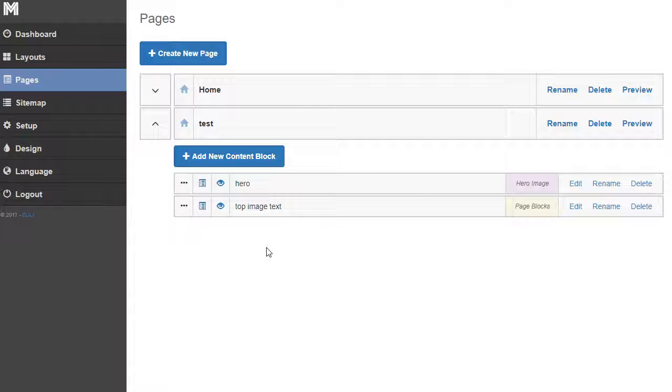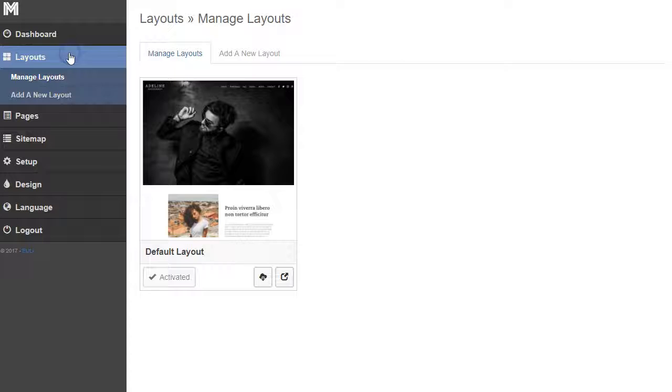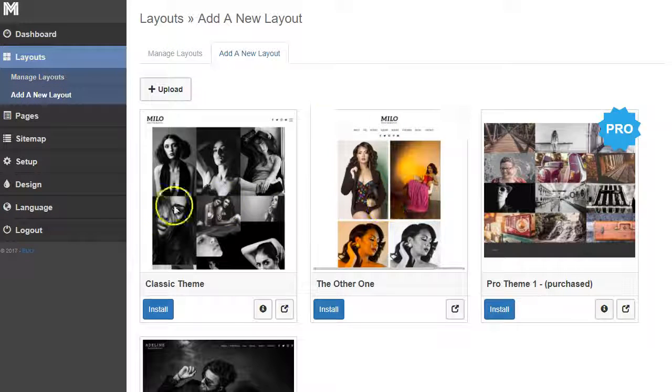You could build long scroll sites, you could build sites with multiple pages, but if you don't want to start from scratch, what we've been doing is we've been creating these layouts. And you can come into the layout section and you can add a new layout, find something that we've already put together, and if you're like, hey, I really like that, you can start with that section,